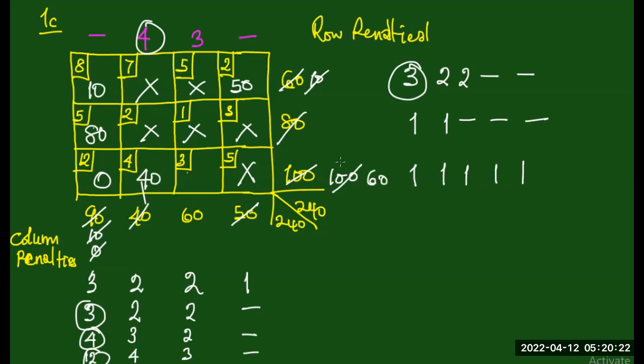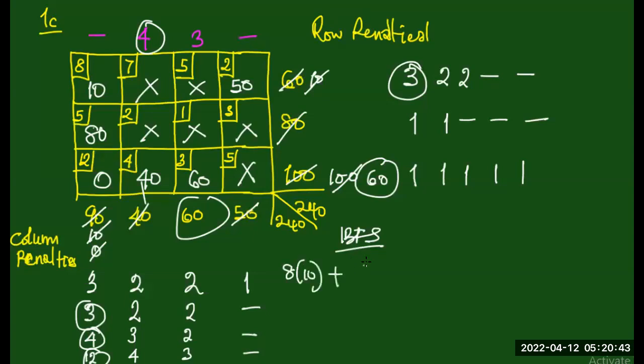You have only 1 left, and this 60 must match that 60. Otherwise, there's a problem. So put the 60 here. That's all. All right. So what is our solution? Our initial basic feasible solution is 8 by 10 plus 2 by 50 plus 5 by 80